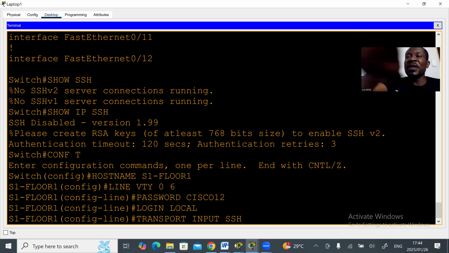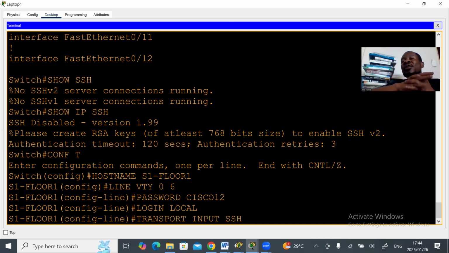You can also say all. So all means you can go for telnet or you can go for SSH. But if you pick SSH, means you disabled telnet. So telnet will never work on this device. That's good, like options. You press enter